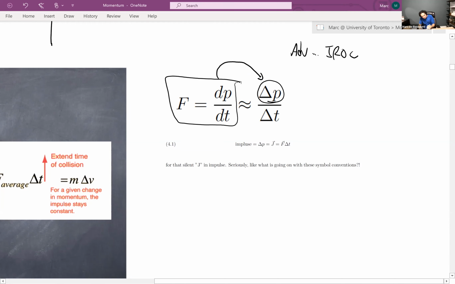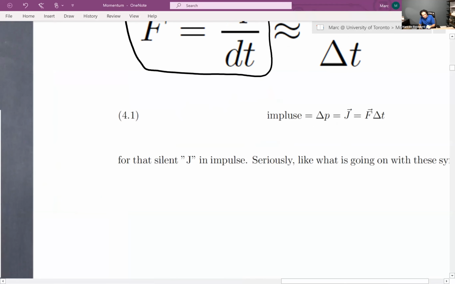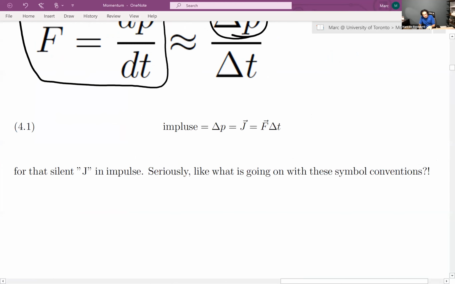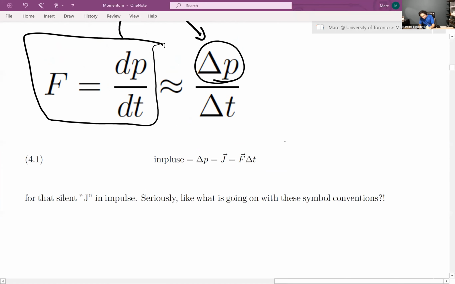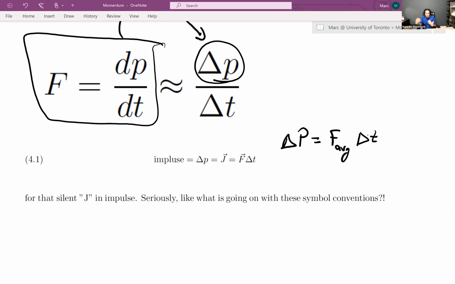And you can actually rearrange this. This is equation 4.1 in the typed notes. You can rearrange for delta P, and you can say that the change in momentum of a particle is given by the average force that's applied to the particle multiplied by the time at which it was applied. So if you push with 10 newtons for 1 second, obviously the object won't speed up very much. But if you push with 10 newtons for 5 minutes, its final momentum will be much larger than if you only pushed it for a couple seconds, right? So